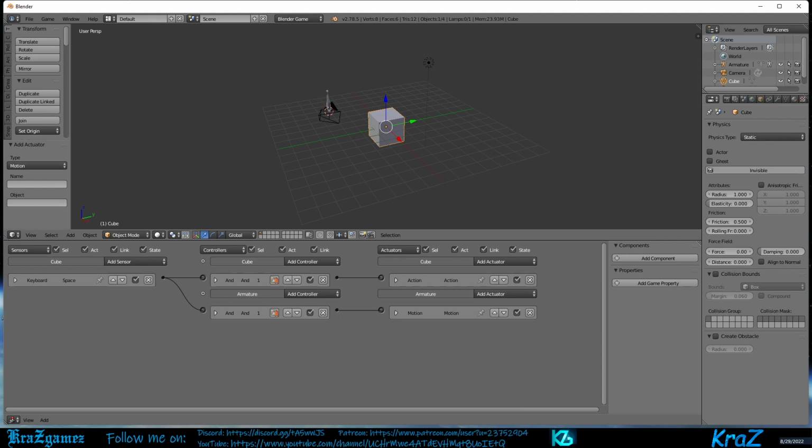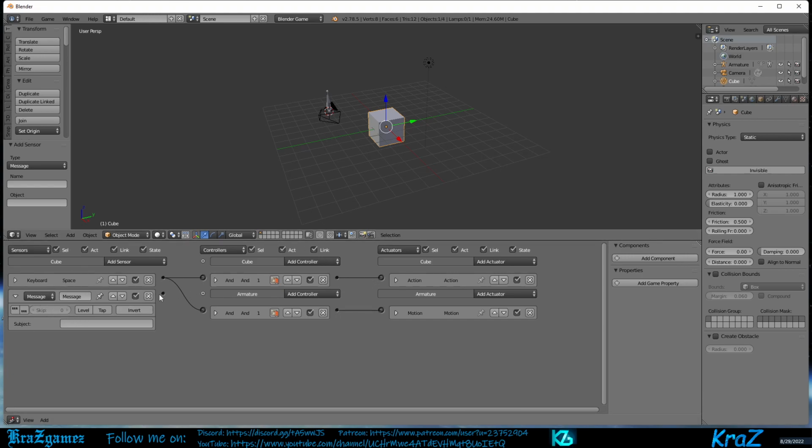Be aware that if you go for the messaging system, your events will always be delayed by one logic tick, since it will only trigger the sensor in the next logic loop. So when you add a message sensor to